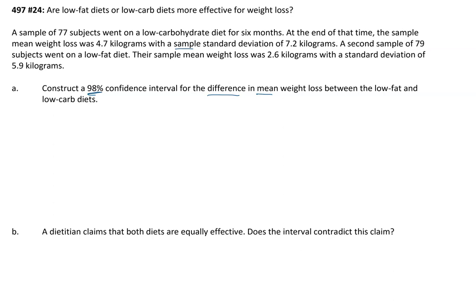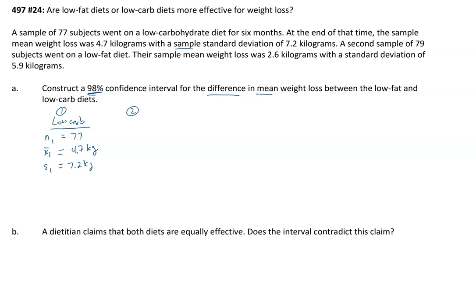So I'm going to go ahead and write down the low carb first, because that's what was given to us first in the problem, even though it mentions it the opposite way in the problem itself. But anyway, the low carb, we have a sample size, that would be an n, and then we have the sample mean for that group, x1 bar, is 4.7 kilograms, and the sample standard deviation is 7.2 kilograms.